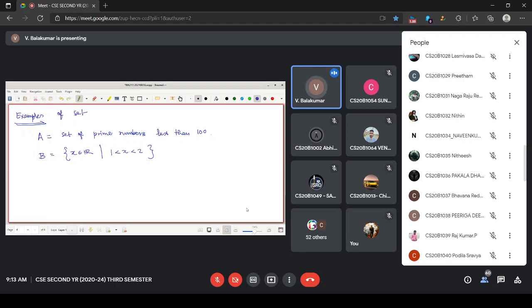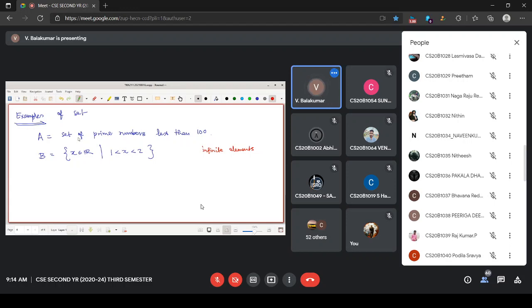Can someone say that? Infinite. There are infinite elements in the set. Actually, this is the definition of an interval, open interval (1, 2).